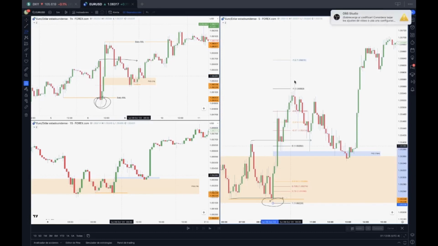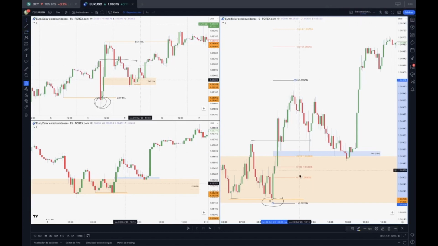And then we have the higher high. Correct. I personally prefer to work within these 2 points, between 0.705 and 0.79. I call this, or my mentor called this the OTE, the optimal trade entry. But we also know the golden ratio, right? Which is the golden gem of the Fibonacci, which is 0.618,